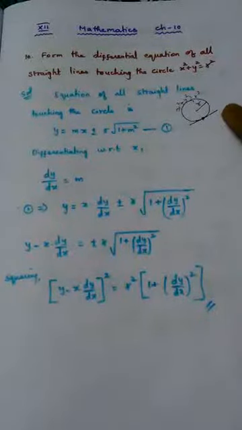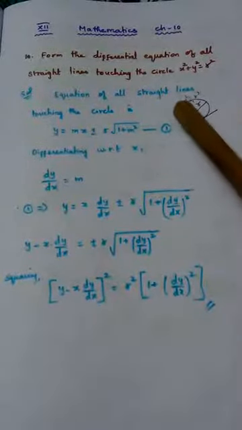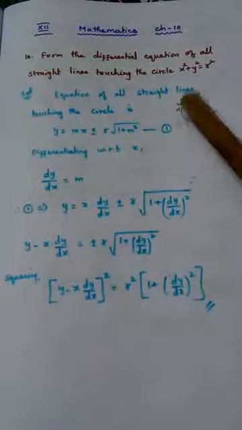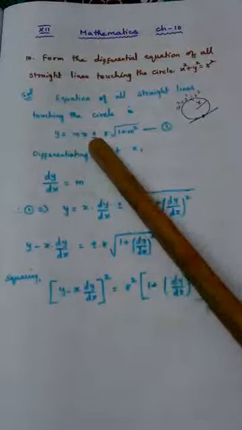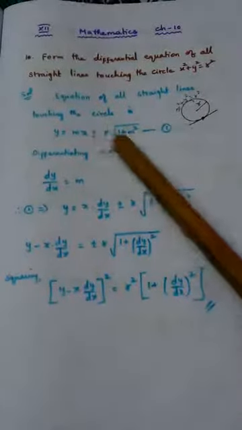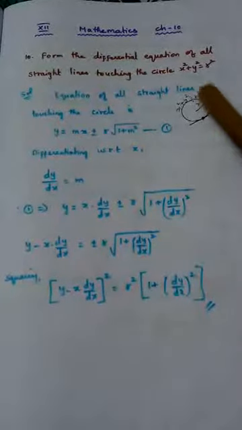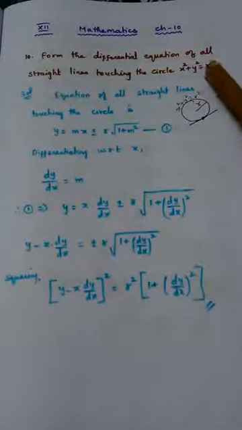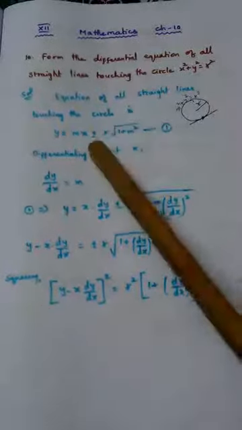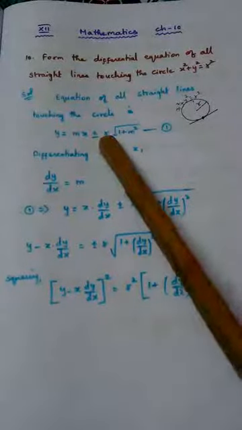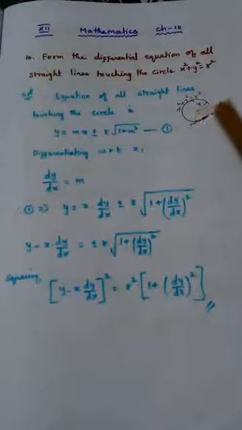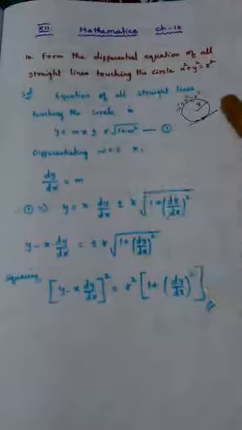we know in our fifth chapter the condition for a straight line to be a tangent to a circle, in the sense it touches the circle, is y is equal to mx plus or minus r into root of 1 plus m square. There we have studied a into root of 1 plus m square, where a is the radius. Since in the question r is given as radius, we are changing a as r. So what is this? This is nothing but the equation of a straight line which touches the circle, which is a tangent to a circle.